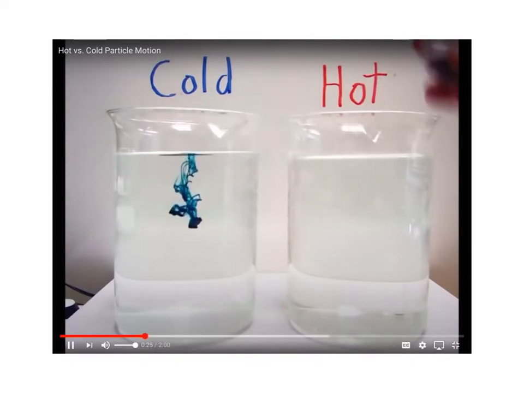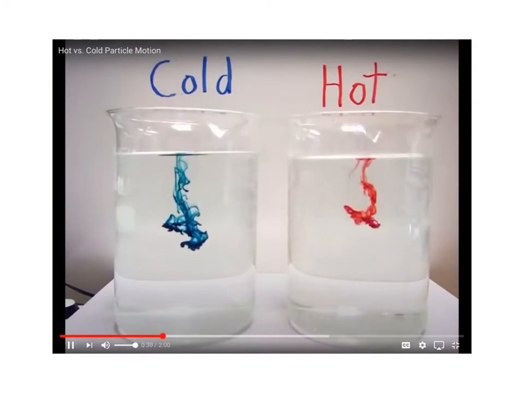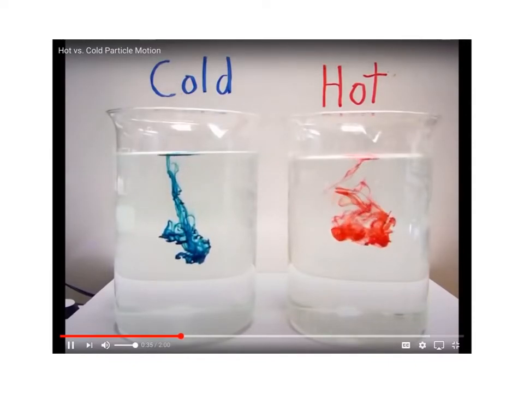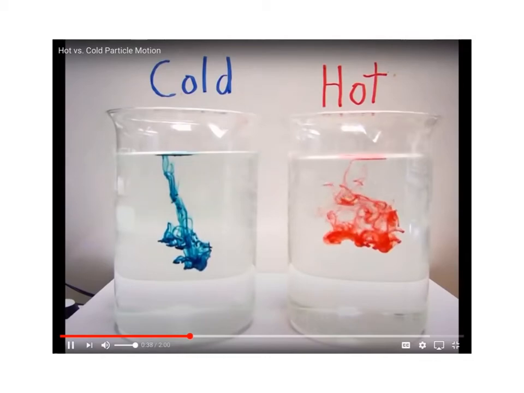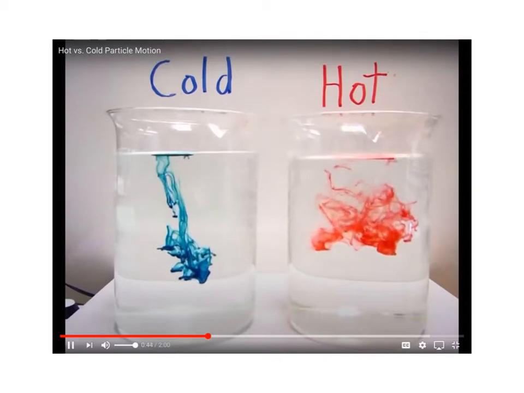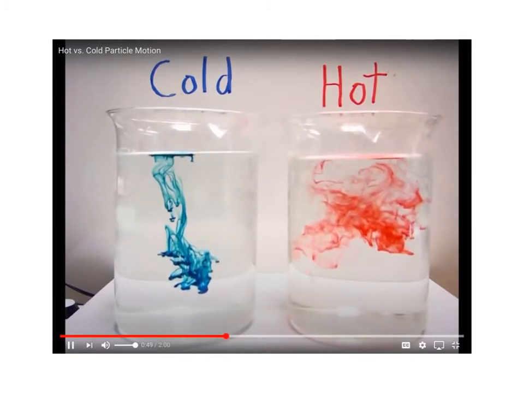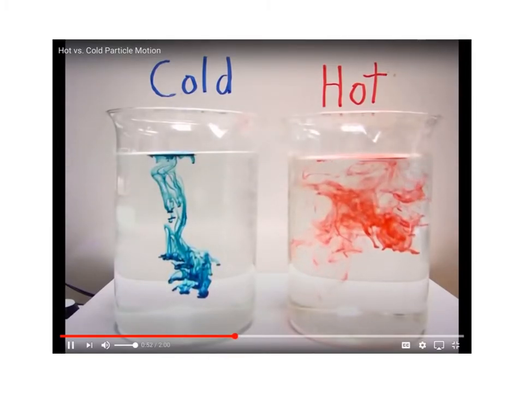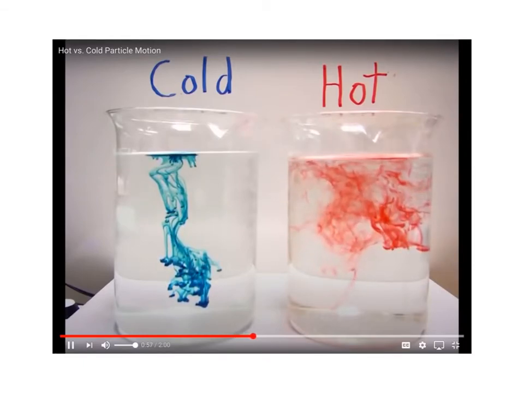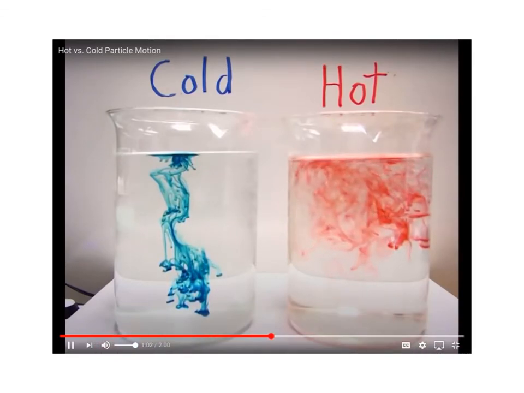I'm going to put a drop of red food coloring into it. And just kind of watch them and look for a difference. We're still talking about particles, those little tiny things that everything is made up of. Too small to see, but when we put the food coloring in water, we can actually see the motion of all the different atoms. And we can now start to talk about how we can change the motion, what it means for one thing to be hot, one thing to be cold,